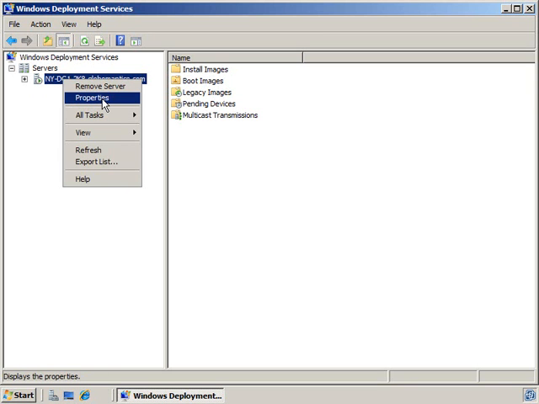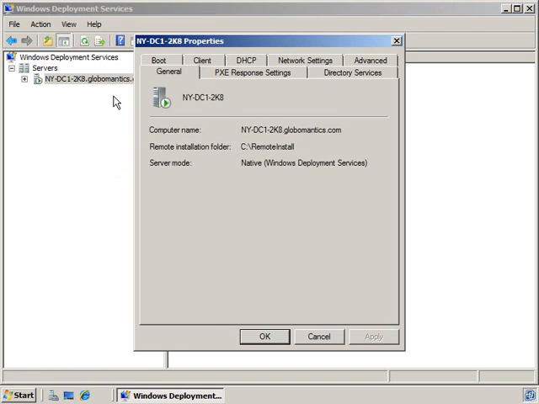Now, be careful. I know lots of times Properties is found down at the bottom of the menu. I know a number of people who have, and yes, I'll admit it, I'm one of them, who immediately assumed it was at the bottom and went ahead and clicked Help. That's not going to get you there. They've moved the property selection all the way up here near the top of the menu. So I'm going to select Properties,